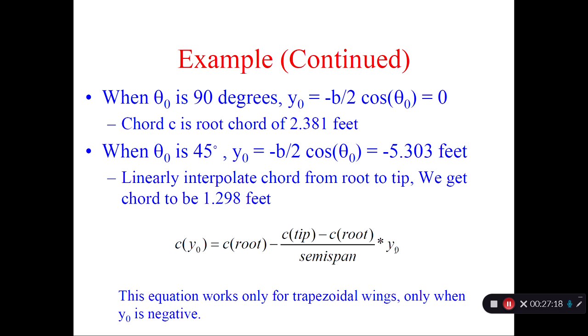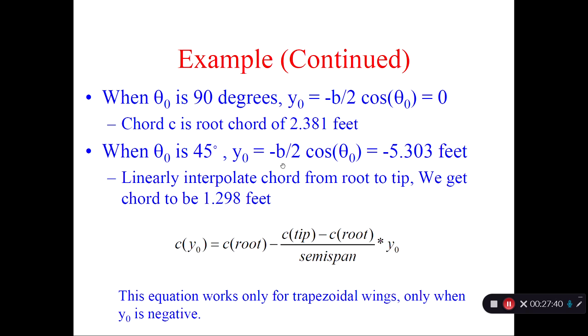Let's say y naught is all the way at the tip, so it is the semi-span. Then that semi-span and this semi-span will cancel out. This should really be C root minus C tip. This should really be a plus. I'm sorry. But if y naught is minus of semi-span, because remember we are looking at y naught